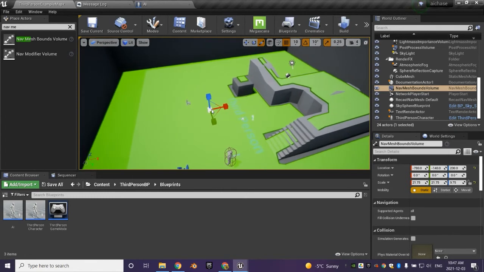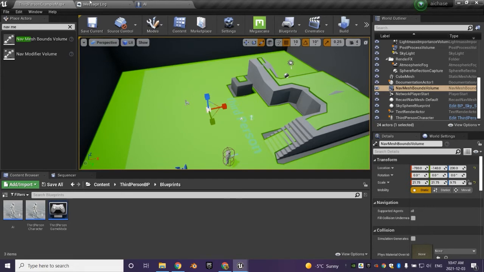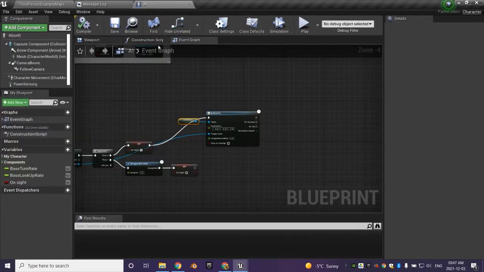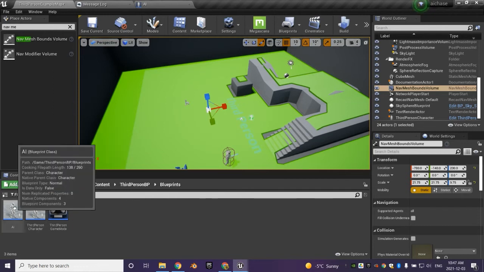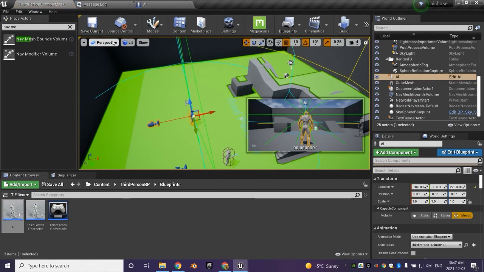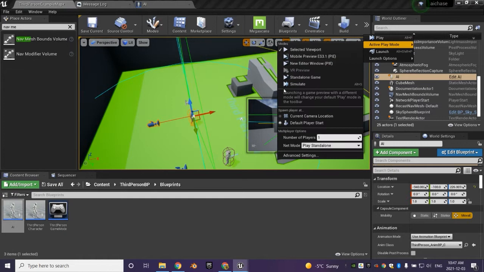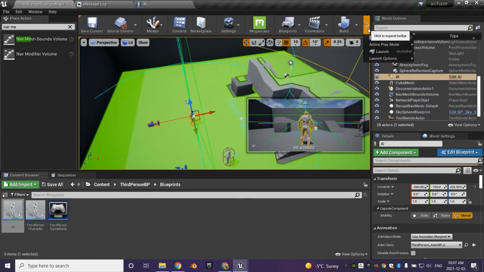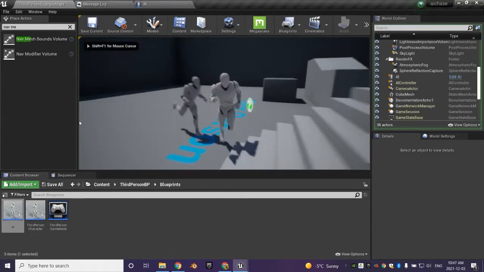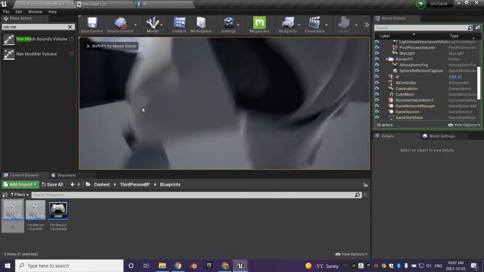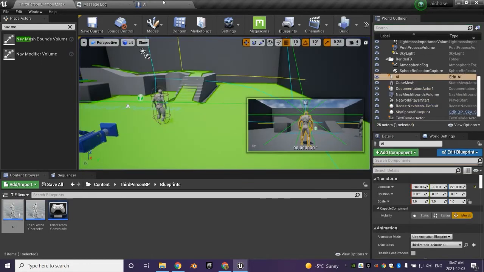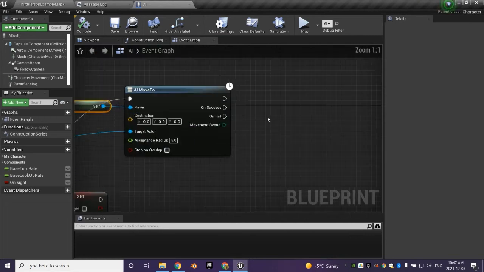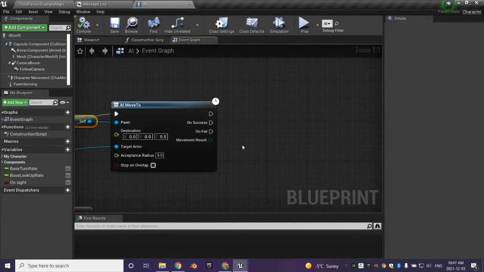And then what you're going to want to do is come here and add your AI in, and then make sure that it works by pressing play. And yeah, you see it chases after me. There we go. So now we can go back to the AI and set up some